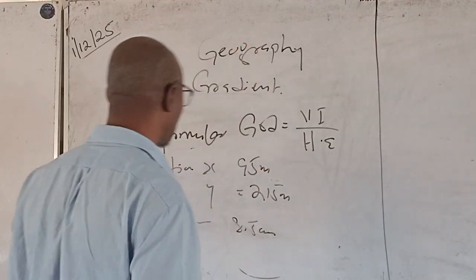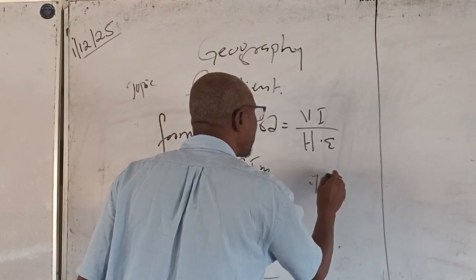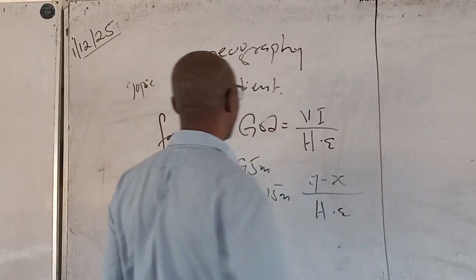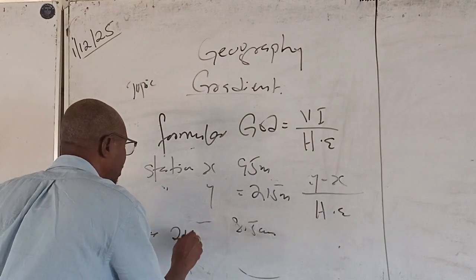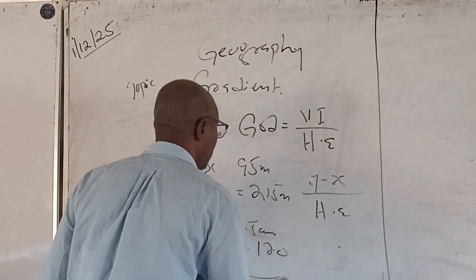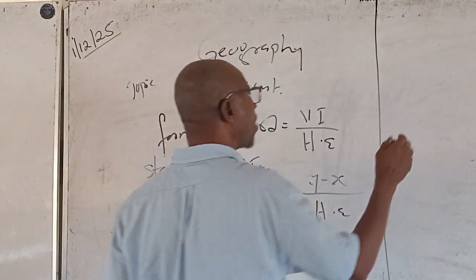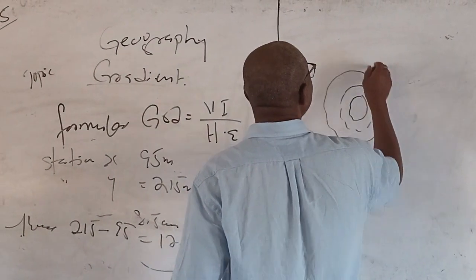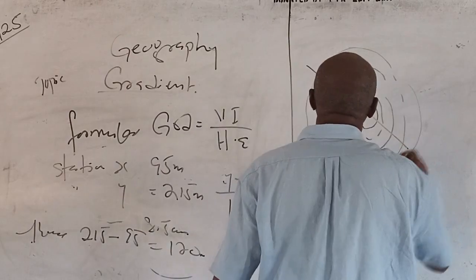Let's work this out. According to this formula, the difference between Y and X is the vertical interval, VI. That's 215 minus 95, which gives 120 meters. That's 120 between the two contour lines. Like now, when we have a contour line like this, a mountain, the interval can be 50, as I was saying before. Now, when you cross section,